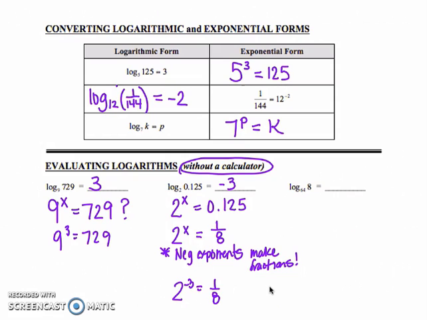And then the last one, this is an interesting one as well. Our base is 64. We're trying to figure out what exponent on 64 would turn 64 into 8. Okay, so what kind of exponent? Now it's not turning it into a fraction, so it's not going to be negative, but it's making a bigger base into a smaller number. Okay, so that means that in this case, our exponent must be a fraction